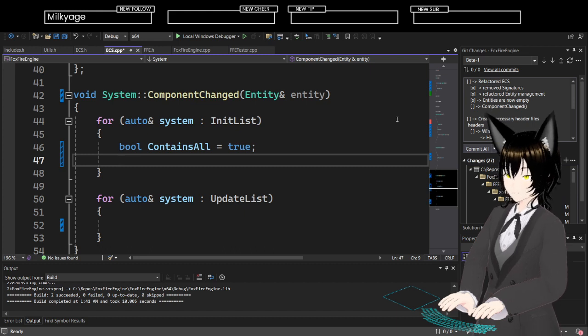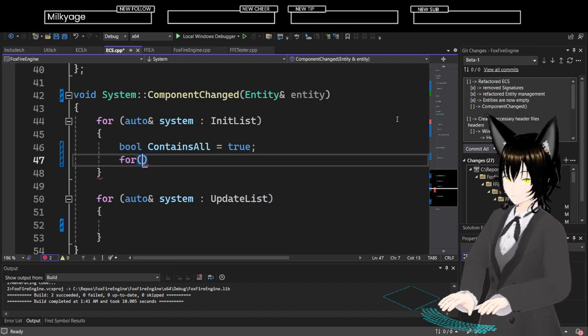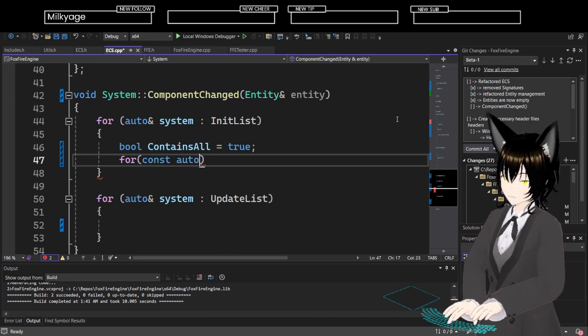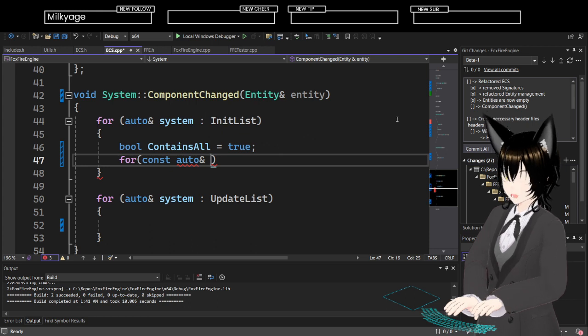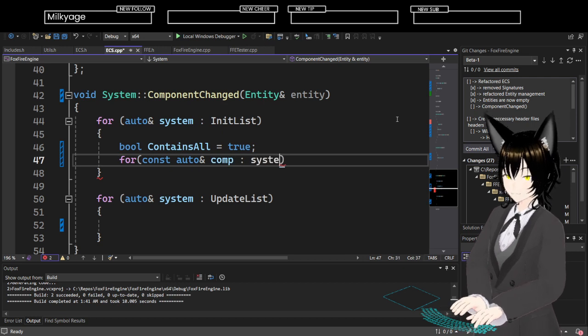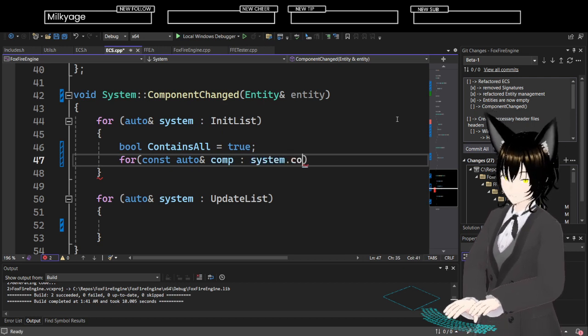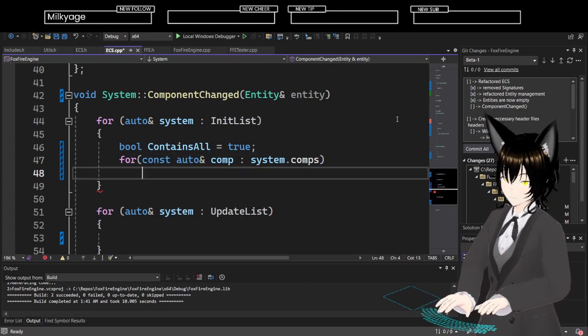So for const auto comp in system dot comps, right?